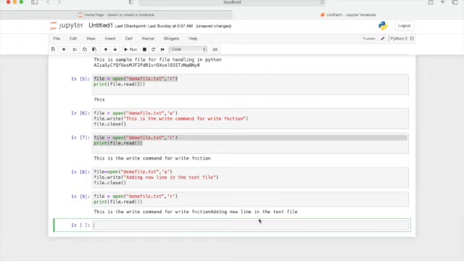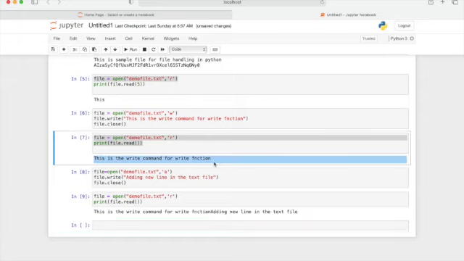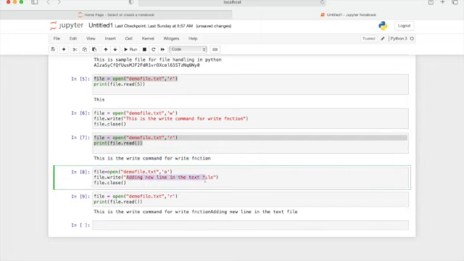So what it has done, it has appended my document, the document which has this statement. This is the write command, and we appended that one by using this. So this is the way we use the append one. There are different ways to provide other commands which we are using in the file handling. We will discuss each and every one,